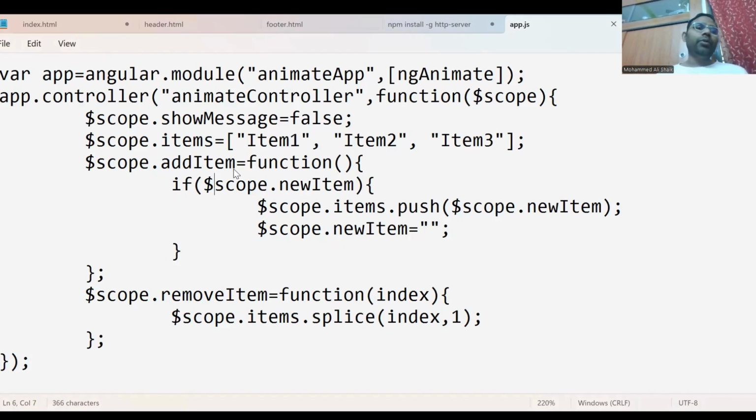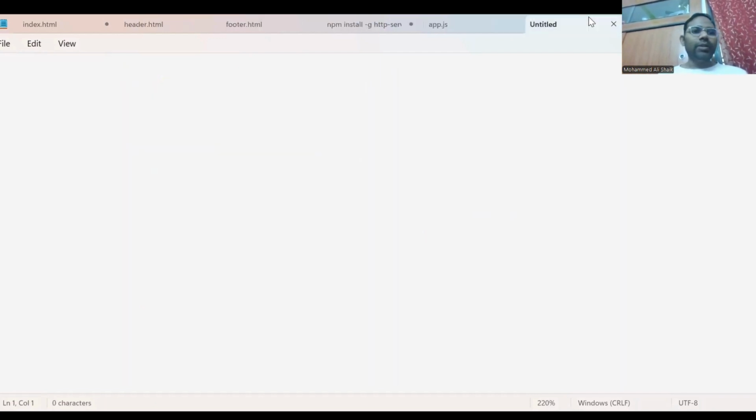Then we are left with one more file, that is style.css. We need to provide the style such that the view will be somewhat clear. Let us write the code instead of seeing how the view is. The view may not be as good as what we think. So let us open a new tab, click on file, save as